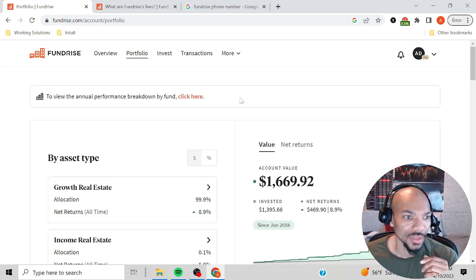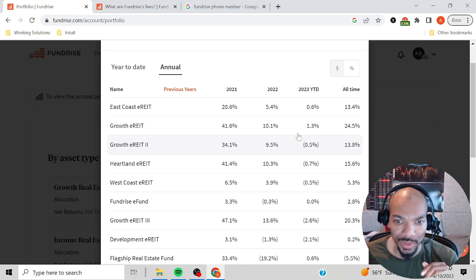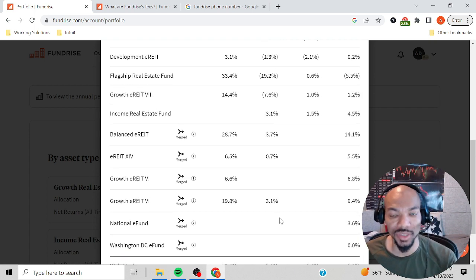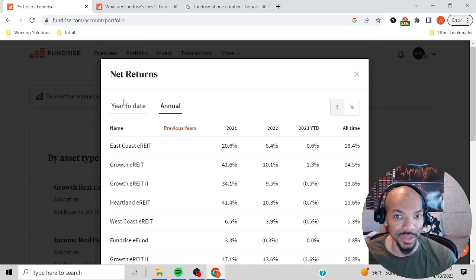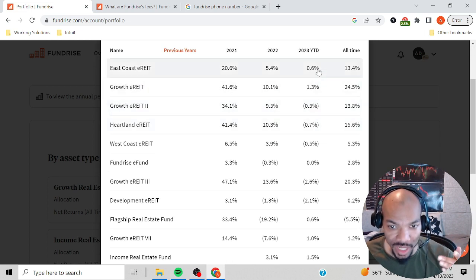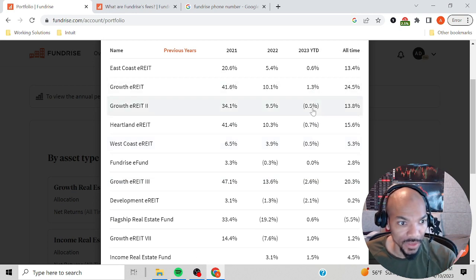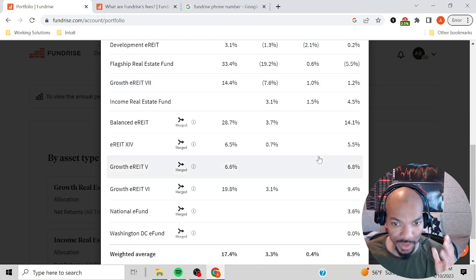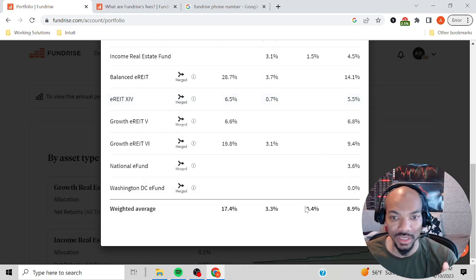Okay, so let's look at the annual returns for 2022. So for 2022, 3.3. So yeah, last year it didn't do so well. This year, when we look at it year to date, as we can see, a few of them were actually down. Most of the ones that were down: growth, Heartland, West Coast. So a good amount of the particular funds that they have are actually down, but overall it's still up